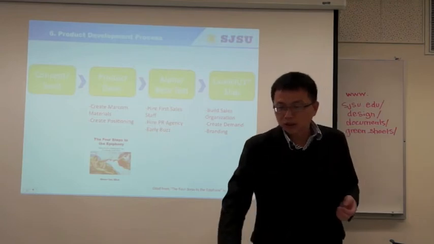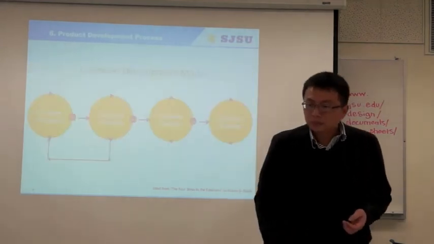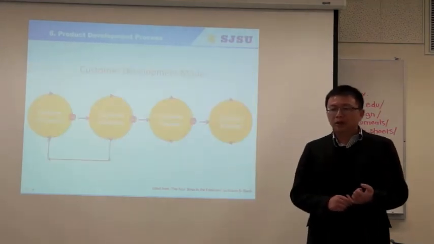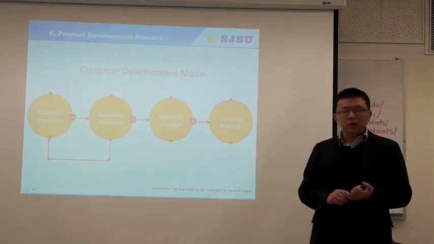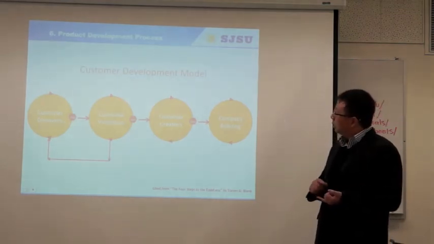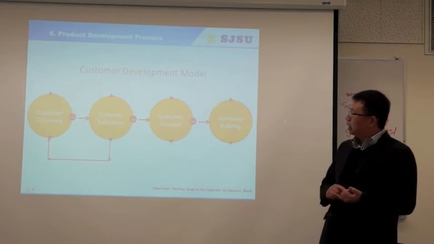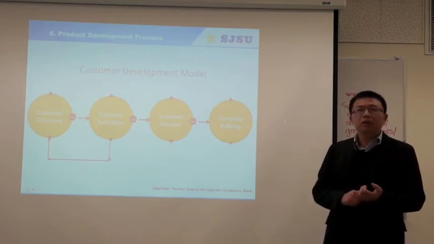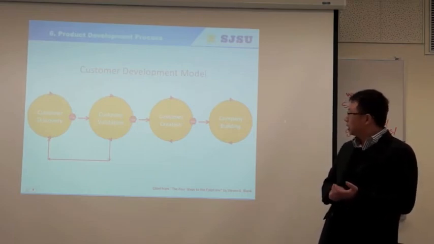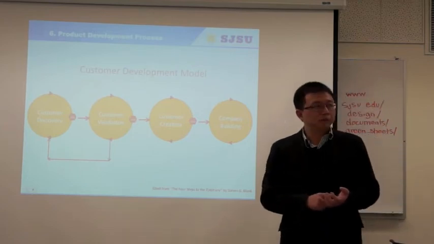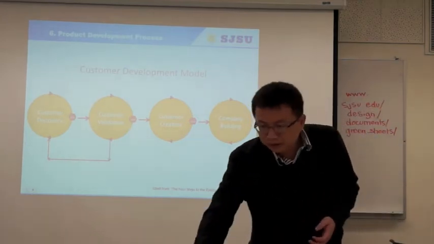In his book he also talked about a process he called the customer development model, with customer discovery and validation. Then you go to creation and company building. It's better,